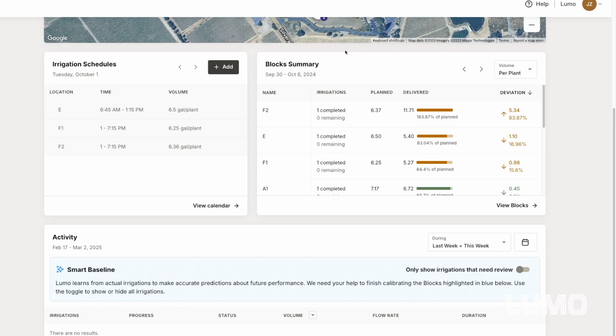This is giving you an overview of all water delivered in the week that you have selected. Again, this defaults to the current week. Here we can see, if we look at block F2, for example, we've completed one irrigation. We have no further irrigation remaining on the schedule. We planned 6.37 gallons per plant and delivered 11.71 gallons per plant. In other words, we overwatered by